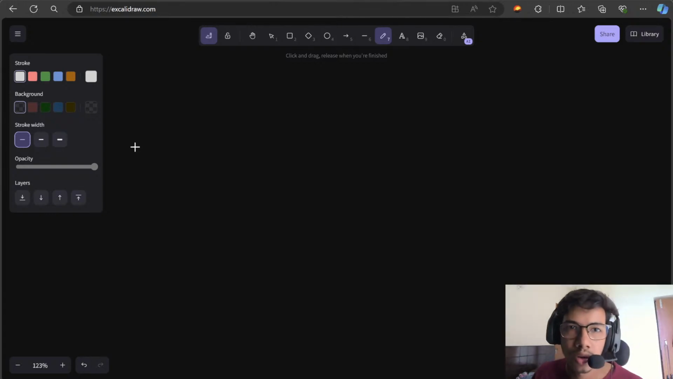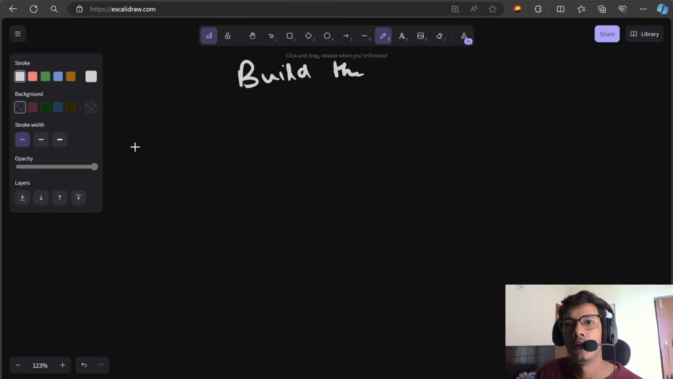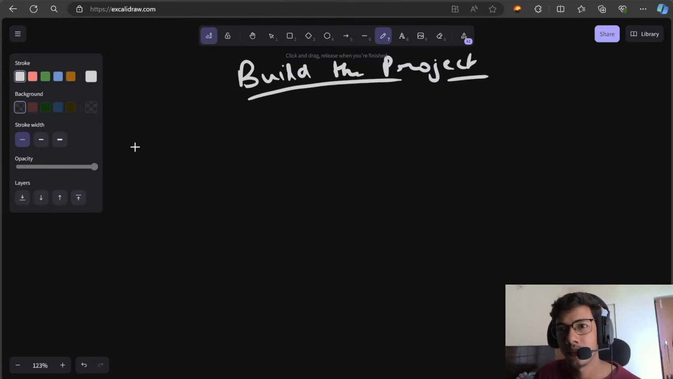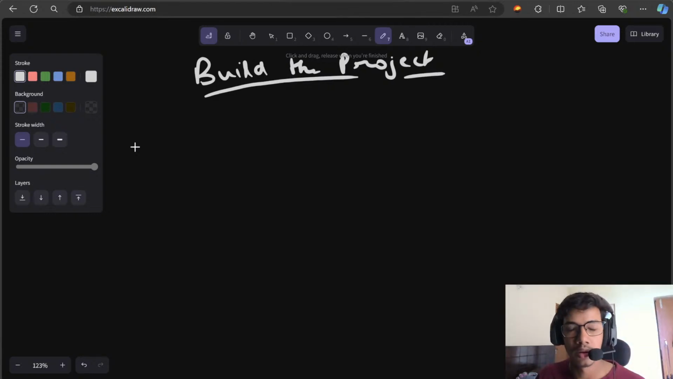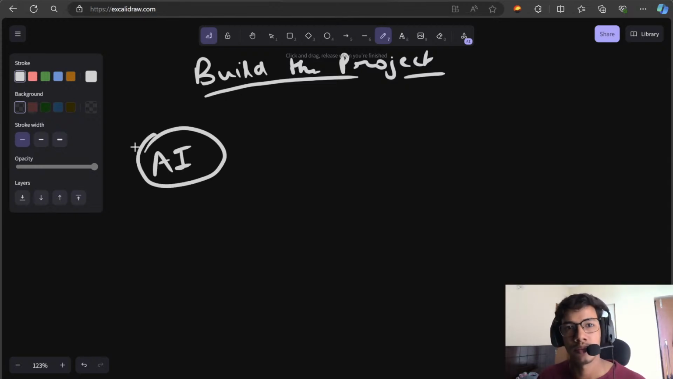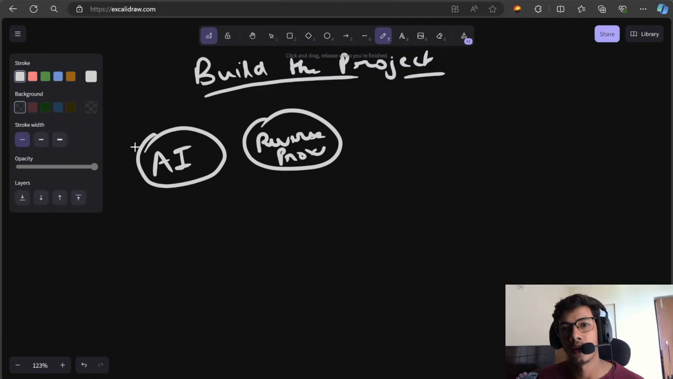Okay, so starting out with, we are going to build the project now, and we are going to do this in microservices. So we will build one microservice, then another as we move on. So let me just rewrite all those microservices. The AI, then the reverse proxy, or you can say load balancer, the auth service,